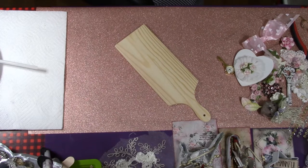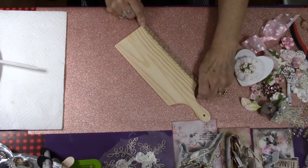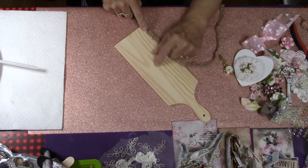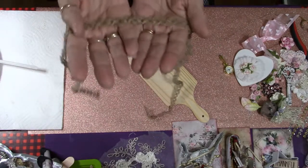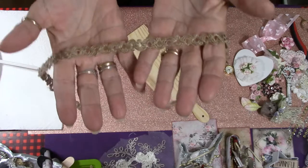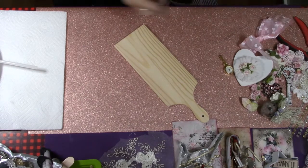Here we go. I want to use some of my burlap trim, because I really like this stuff, and it's a little fancier than just your regular burlap. I got this also from the same store that I bought the cheese boards at. It's really pretty. You can get these trims over at the Dollar Tree, but I don't think I've seen any quite as pretty as this one over there. And so when I saw them at my other little store, I grabbed a package of it, and it had